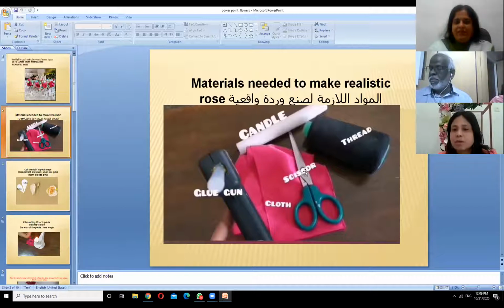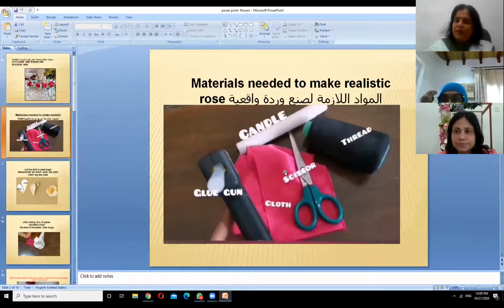This is a normal cloth, the dress material. You can use any dress material, it is fine. We can make a flower out of it. Excuse me, which cloth exactly? Is it a cotton cloth or polyester? This is a satin cloth, the glossy cloth. Satin, okay. Yes, this is a satin cloth.